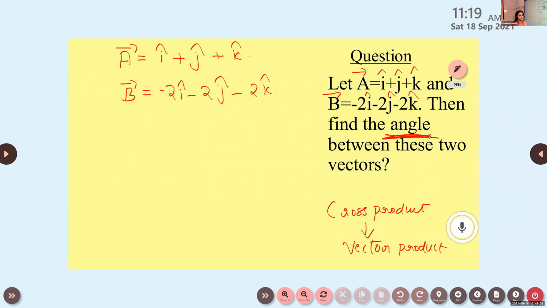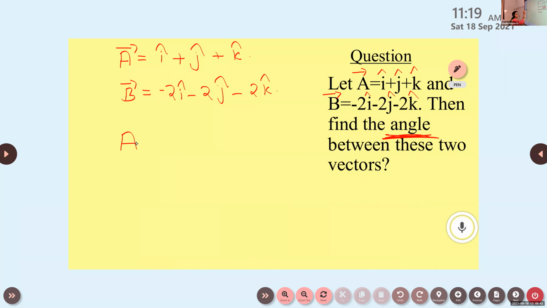What do you mean by angle? Is it a scalar or vector? It's a scalar. Okay, so here we need to find out the dot product. So you must keep this point in your mind: in order to find the angle between two vectors, the best suitable method is to find the dot product of the two vectors. If you take the dot product of two vectors, its resultant is a scalar. The answer will be obtained in terms of scalar. So the best method that we can use here is the dot product.